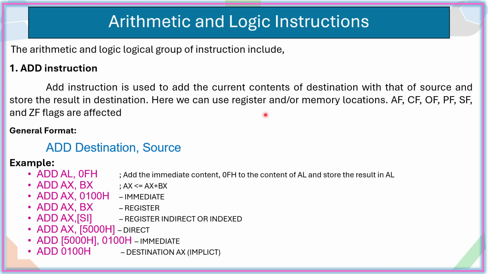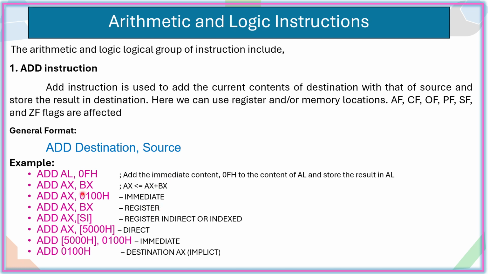And here, most importantly, unlike the data transfer, where the flags were not affected, here, since an arithmetic operation is performed, the flags get affected, and all the flags like auxiliary flag, carry flag, overflow, parity, sign, and zero flags are getting affected based on the addition operation. So you may get a carry or you might not get a carry, based on which the flags may get